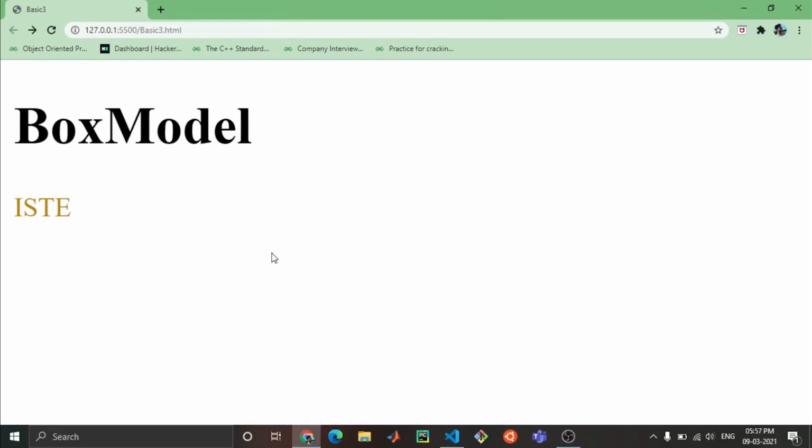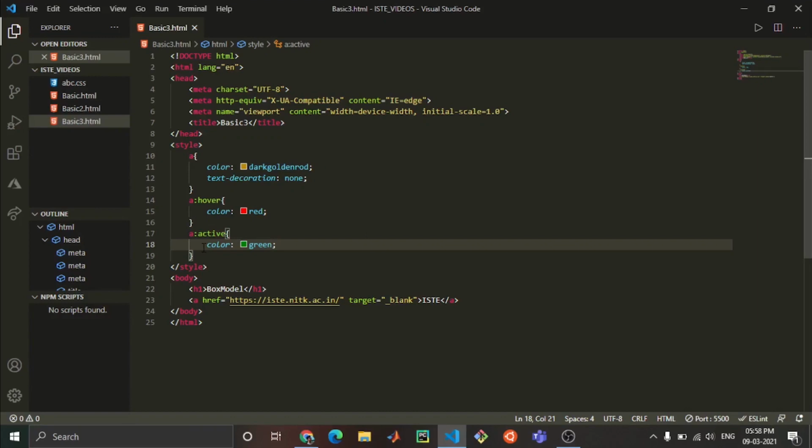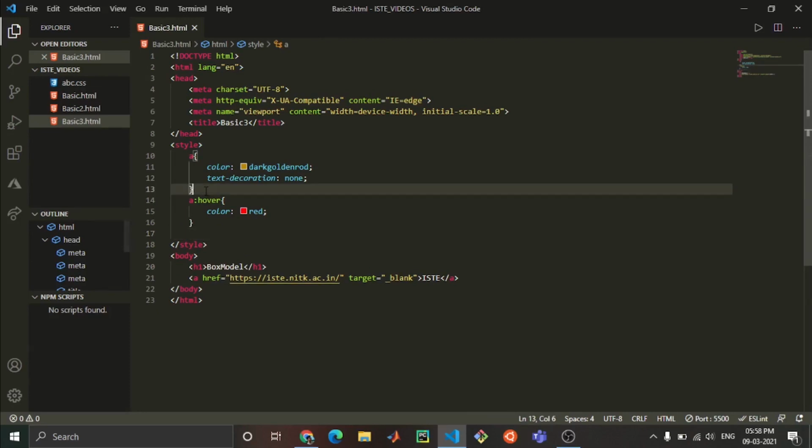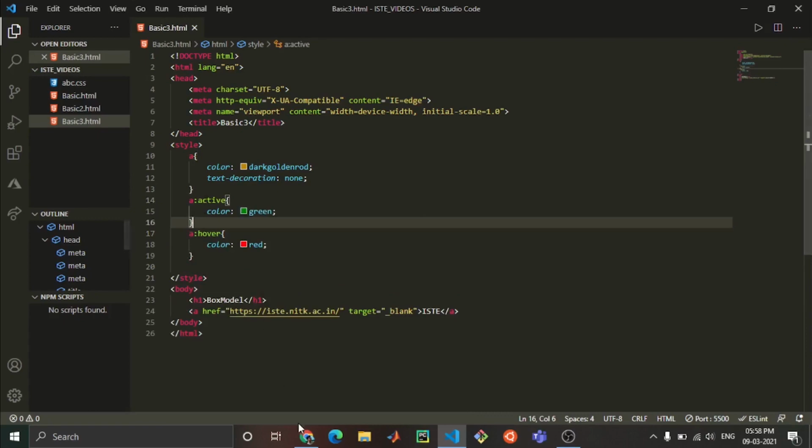But make sure this A colon active should be after A colon hover, because first of all you have to hover the particular element, then you have to tap on it. So you have to write this A colon active after A colon hover. You may think, if I write this before A colon hover, what will happen? Let's do it. It will not work.